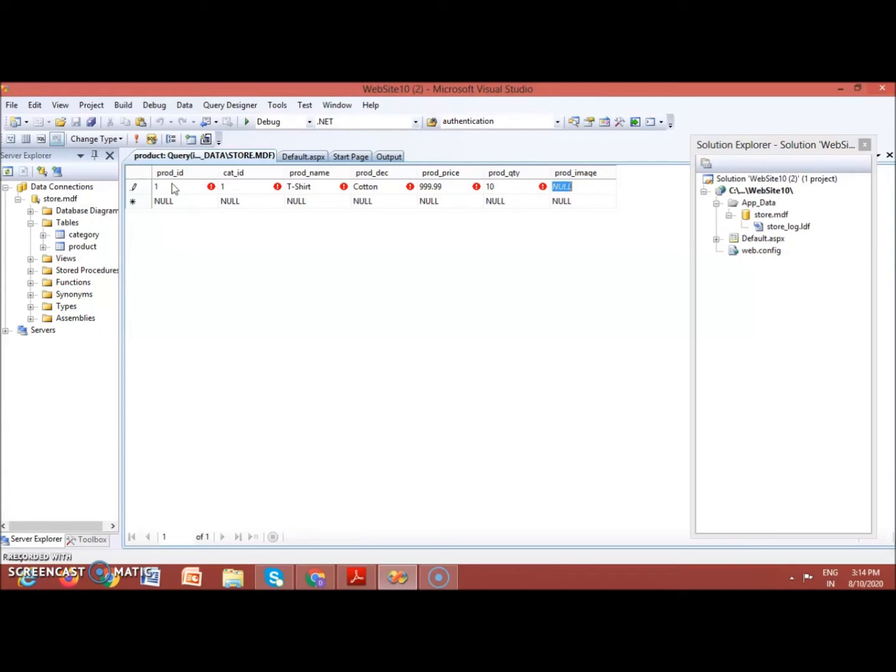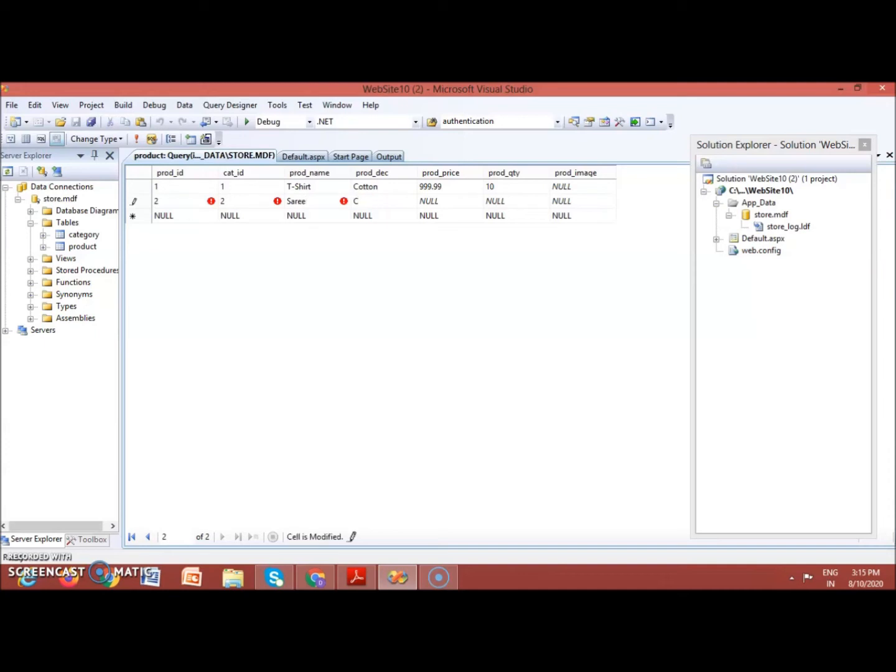Then if you want to store any image, then you can define the path of that image. But remember that the images that you are going to store in this database must be available under your web application root path. You can create any folder as images, and then you can store the images. In that way you can give the path. Later on we will see how to save the image path here. Then next is again add one more record. Let us say category 2, that is for women, and say sari.